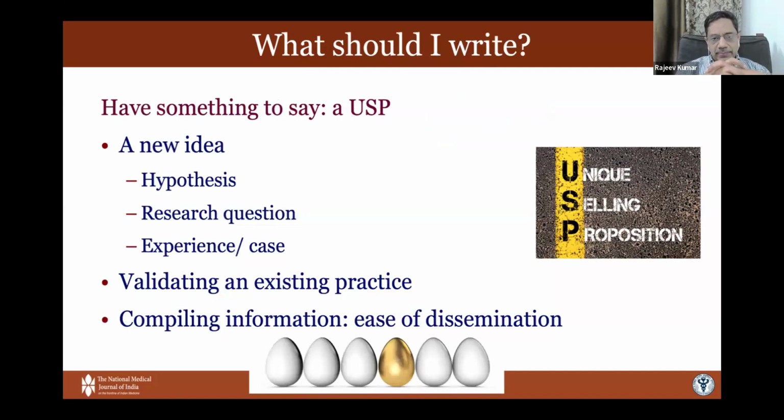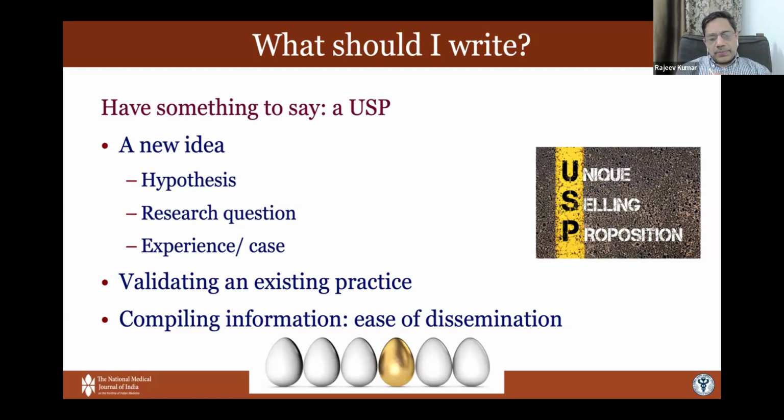Everybody's written about everything. So where is the new thing to write? And for that, like everything else in business, you need to have a unique selling proposition. You need to look at it as a marketing tool. Remember that, and now we're talking about both abstracts for conferences and for a full published paper.